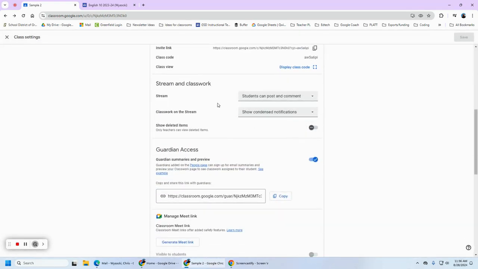Then you also can control how the stream and classwork settings work for this unique class. You have to do this for each class, and I encourage you to find one that works for you. For me, I don't need students posting on the stream, and I don't need any of the work I assign to show up on the stream. I want to keep the stream as clean as possible. And to show you what that looks like,